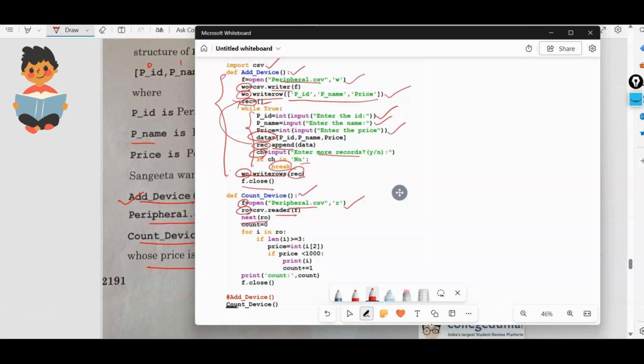And this next function is representing that the first line should not get read. It should be read after the heading. The count has been initialized to 0. Okay, then by using the for loop, we are iterating: for i in reader,